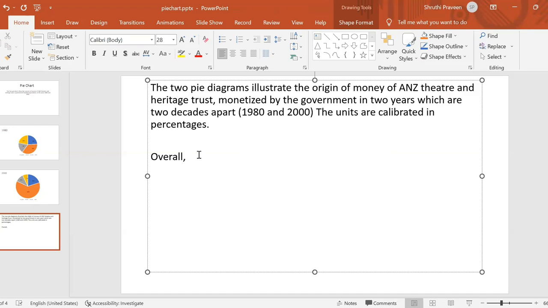So overall, it is inferred that source of income, I'm going to write something else here. Maybe